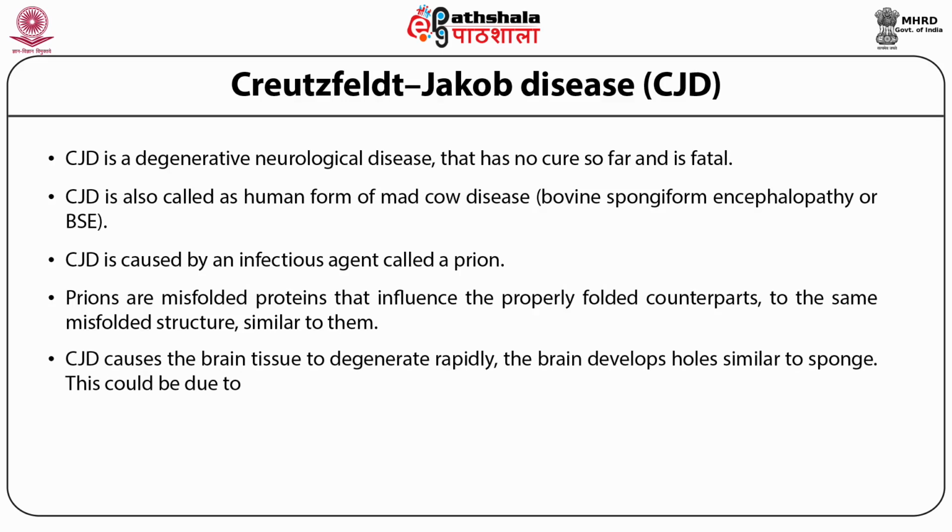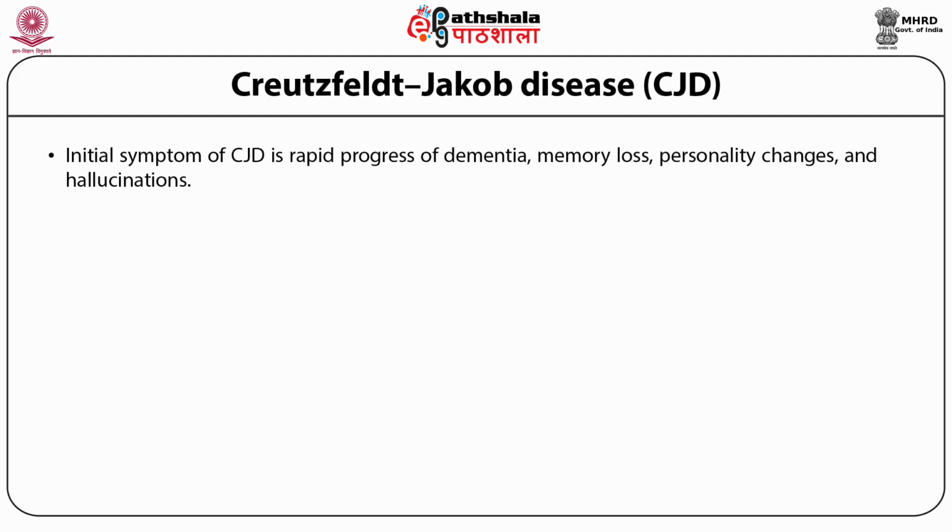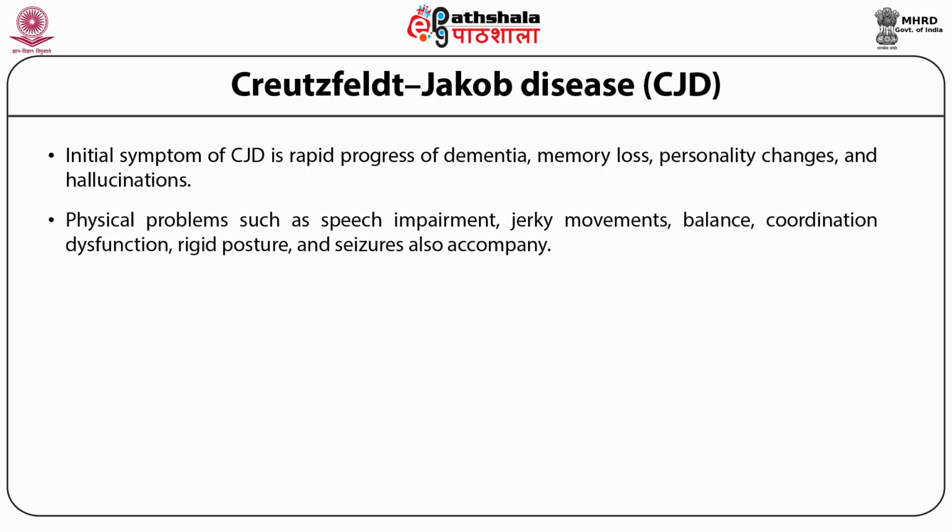The brain develops holes similar to a sponge, and this could be due to the consumption of contaminated food, sporadic in almost 85% of the cases. Some could be familial hereditary conditions. Initial symptoms of CJD are a rapid progress of dementia, memory loss, personality changes, hallucinations, etc. The physical problems such as speech impairment, jerky movements, loss of balance, coordination dysfunction, rigid posture, and seizures also accompany the